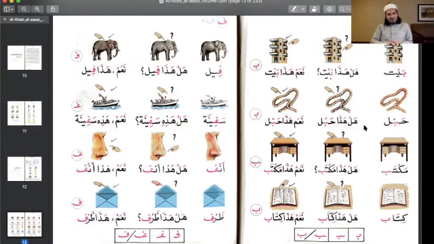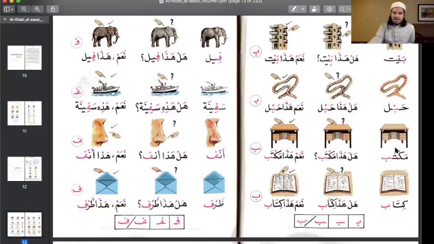Another thing is with ghunnas, where you're doing izhar, doing idgham, and all this. We don't do that in spoken Arabic. That was something specific to the Quran. But good. Next,